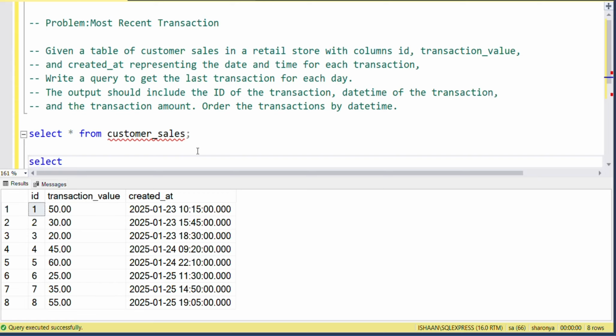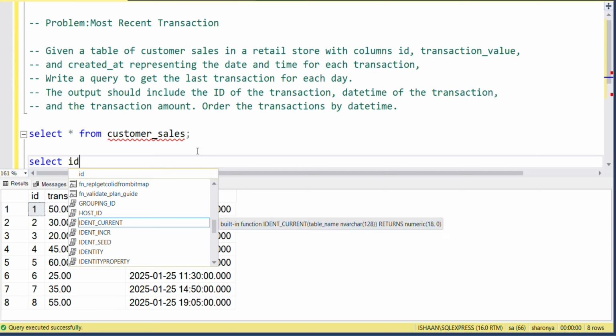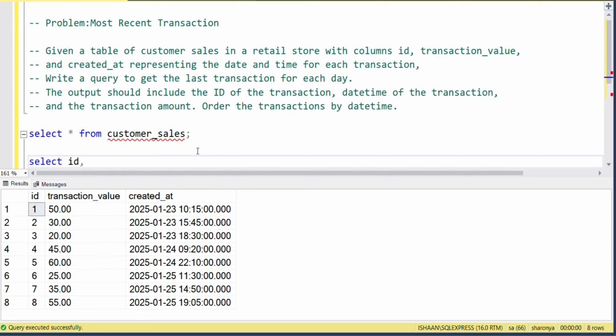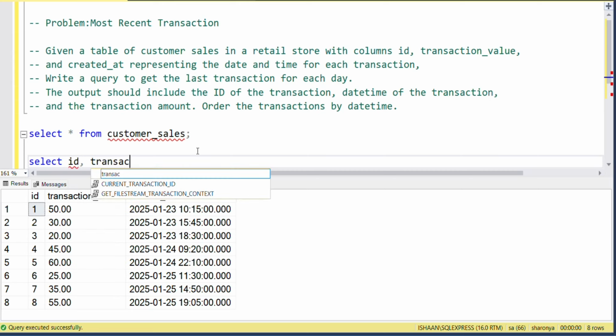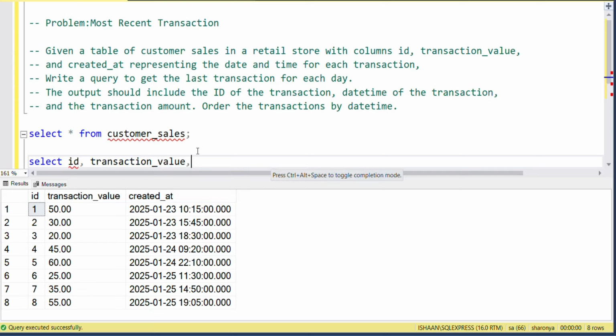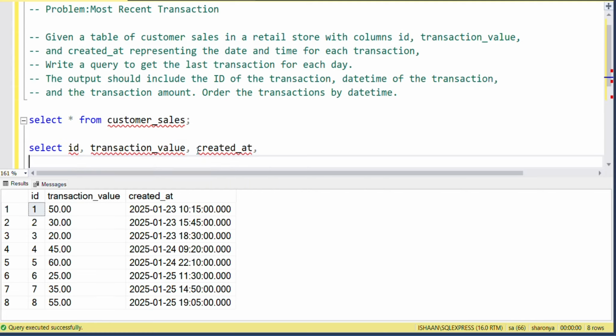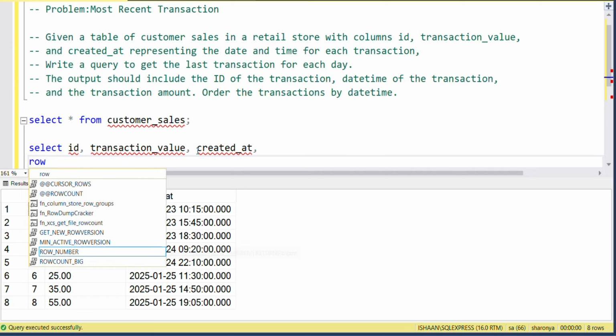Select ID, transaction value, created at, and we need row number